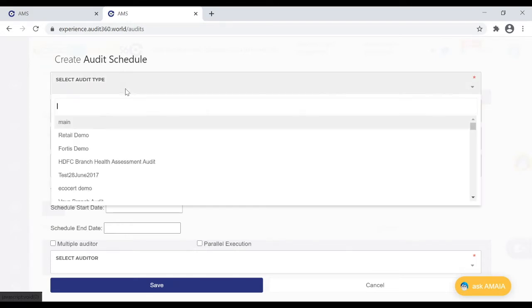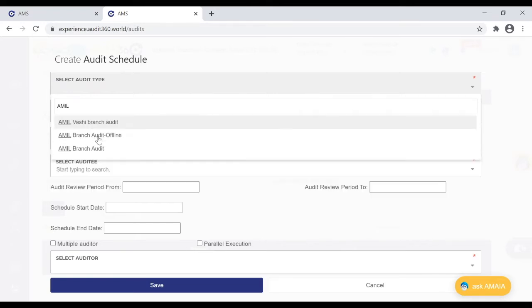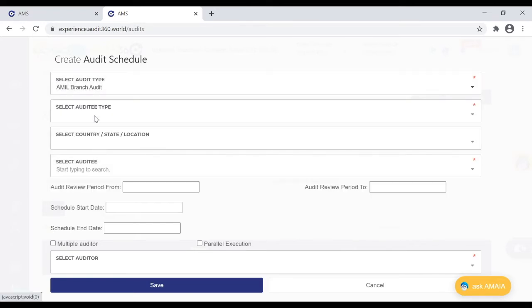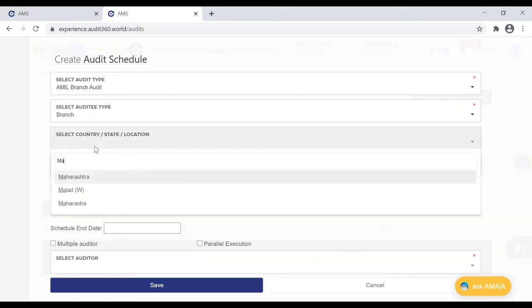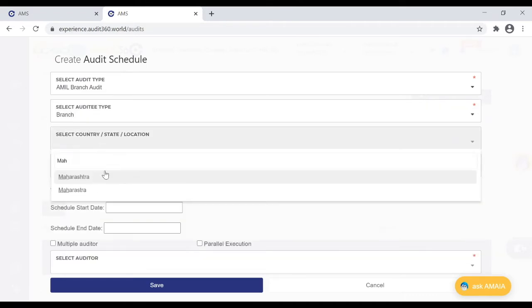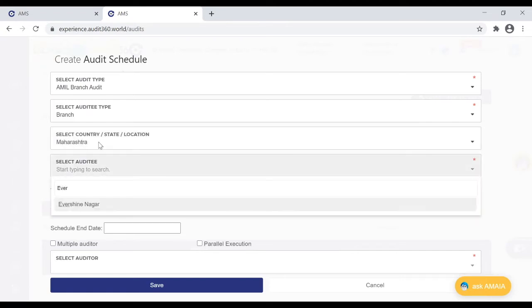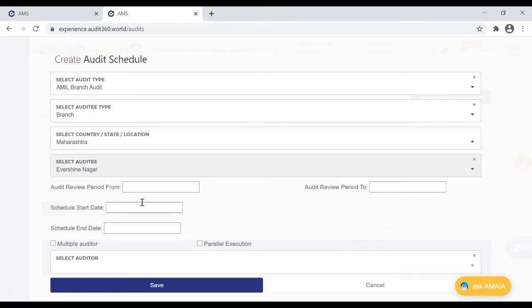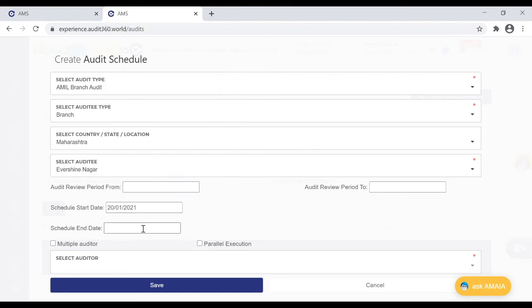Let me show you how we can use the parallel execution schedule. I'm selecting an audit and an audit type. Then I'm also giving the stay location, and you can give the schedule date. So let me give the current date.